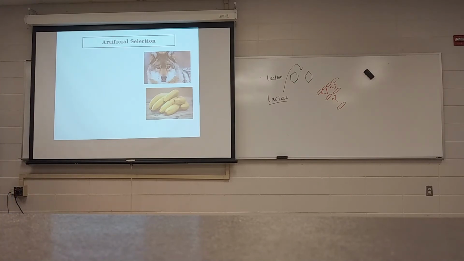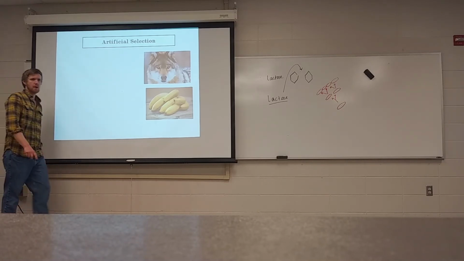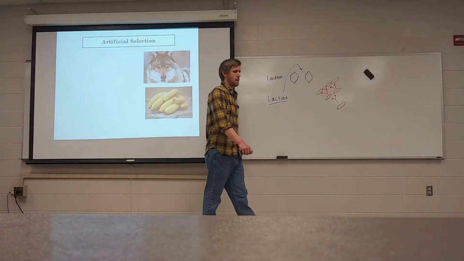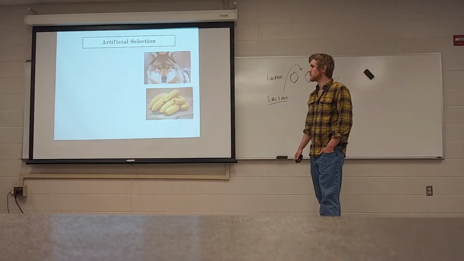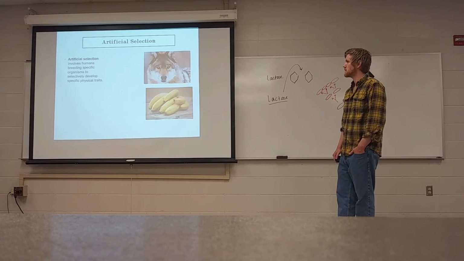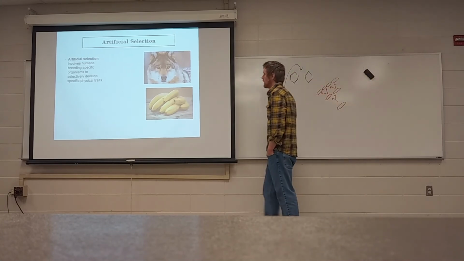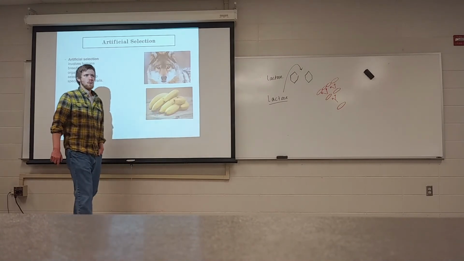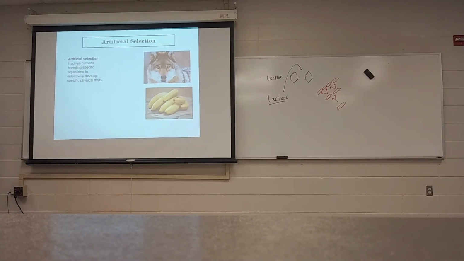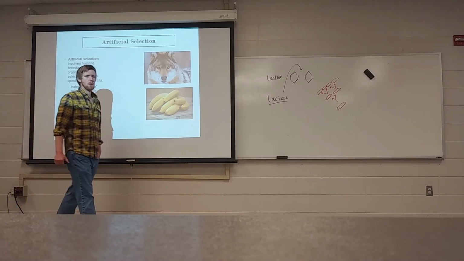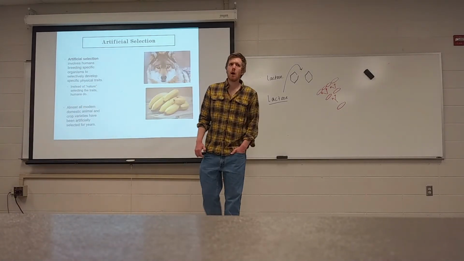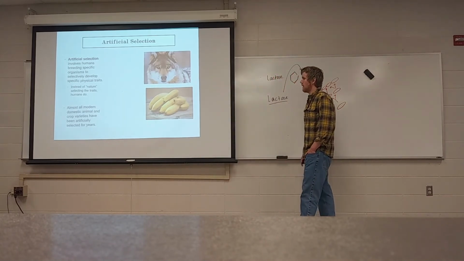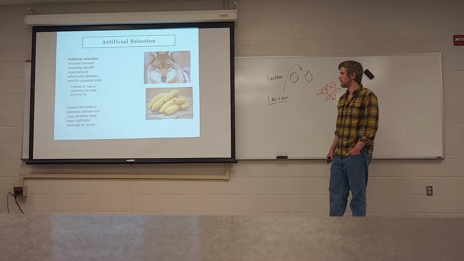All right, artificial selection. So natural selection means that organisms that are most fit for their natural environment are the ones that experience the greatest reproductive success. Artificial selection involves humans taking the place of nature. We breed for specific traits. We breed, both animals and plants, for specific traits. So instead of nature selecting the traits, humans do. And most all of what we eat, most all of our livestock and pets that we have nowadays have been artificially selected for a very long time.